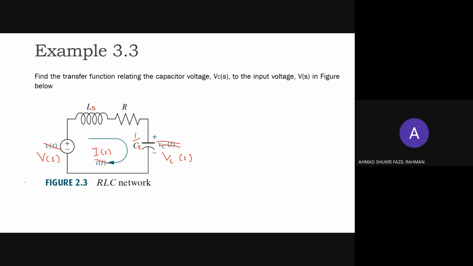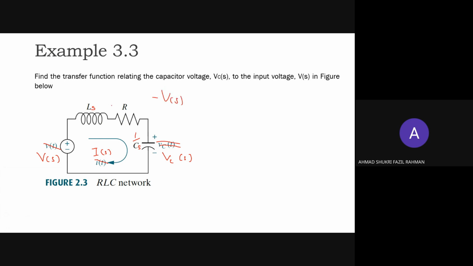We obtain first, because the electrical network shown here actually consists of one loop, so we just derive. We find the total sum of voltage from here, voltage from here, and also voltage from here. So we start first with Vs. So Vs would be negative Vs,